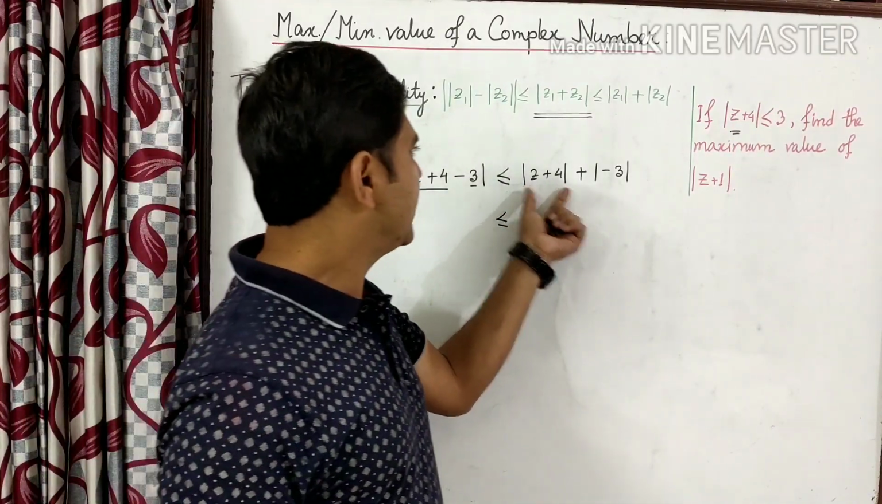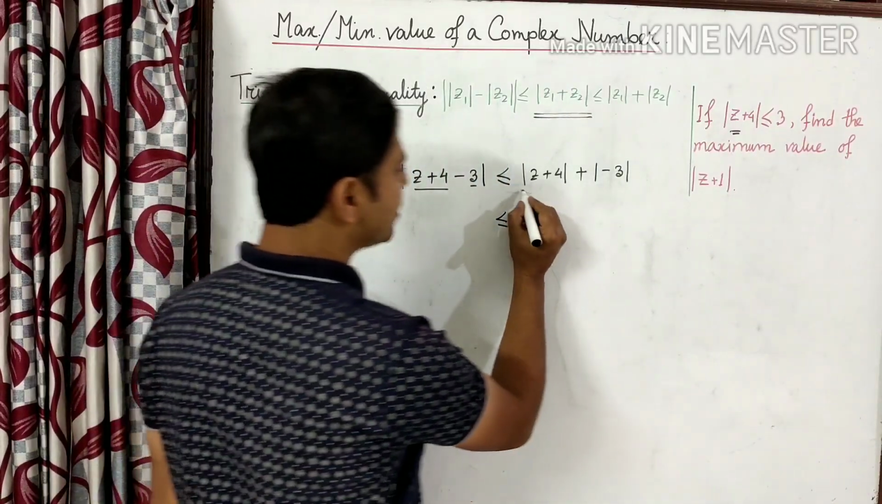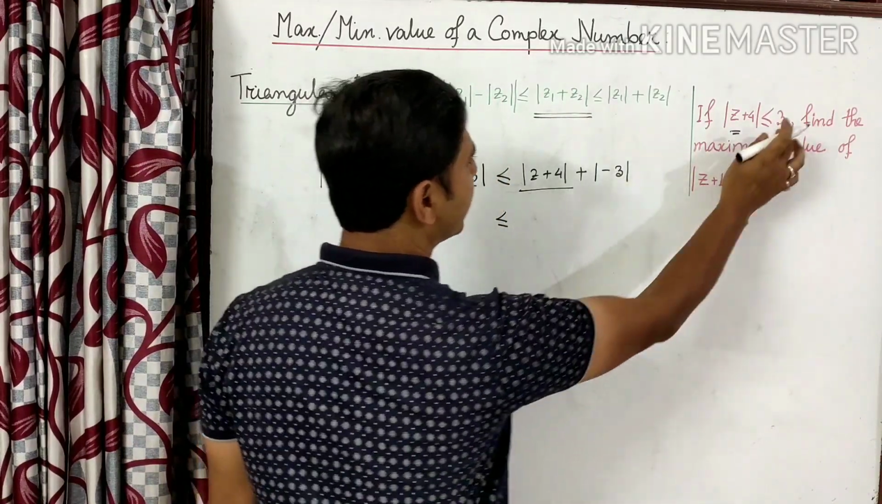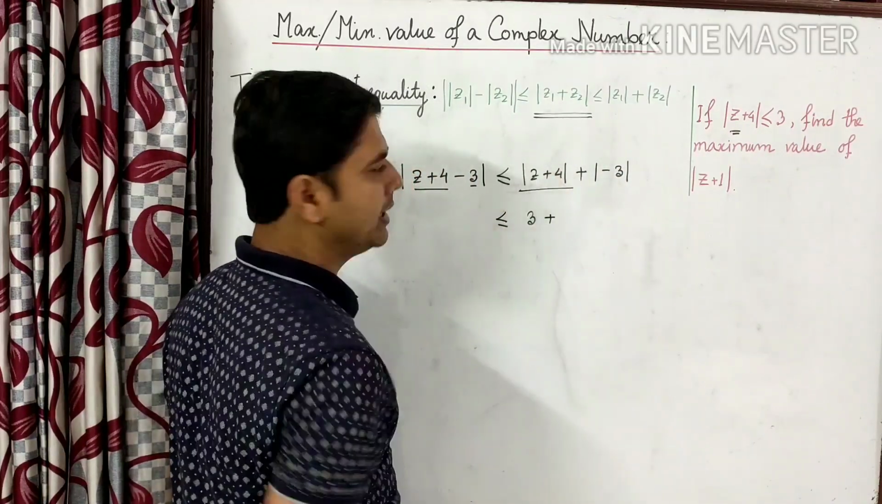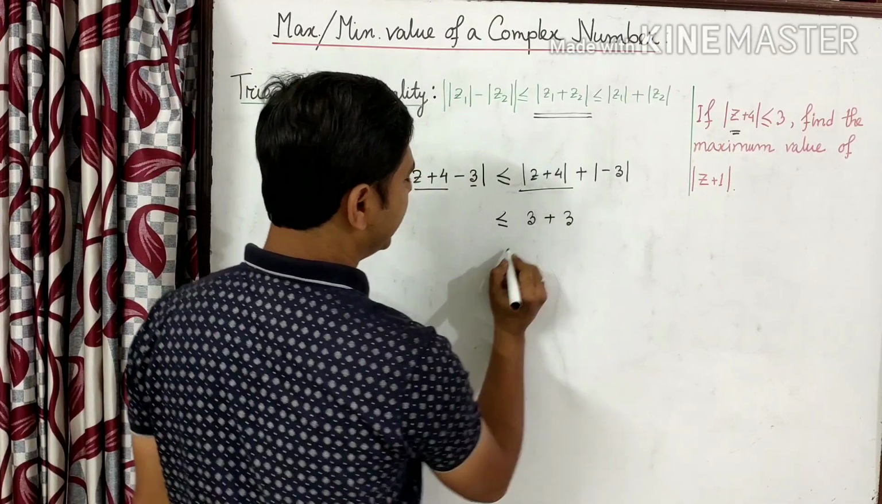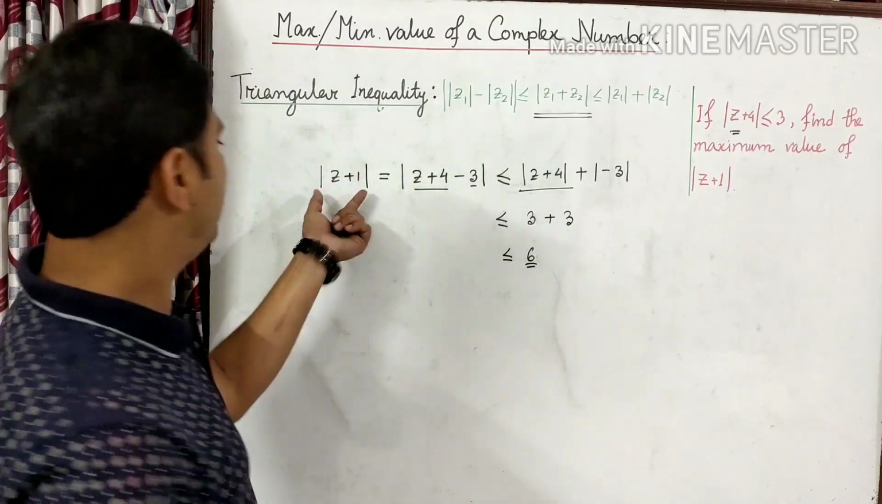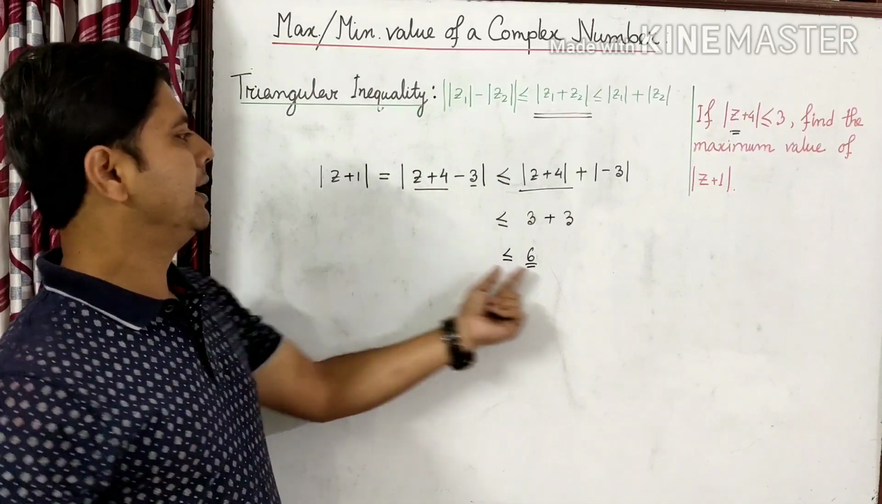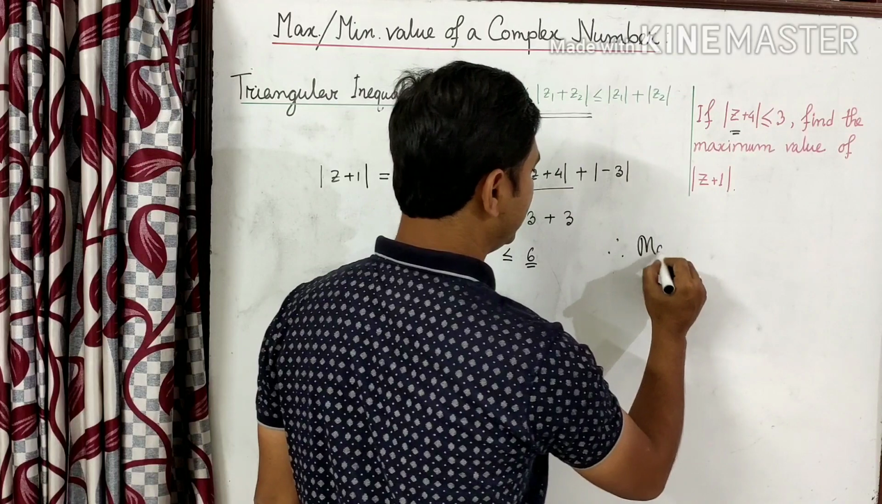Again, on the given condition, the value of mod of z plus 4 is always less than or equal to 3. Therefore in place of this part you can write 3 plus mod of minus 3, which is also 3. Ultimately you have this value equal to 6. That means mod of z plus 1 is less than or equal to 6. Therefore the maximum value